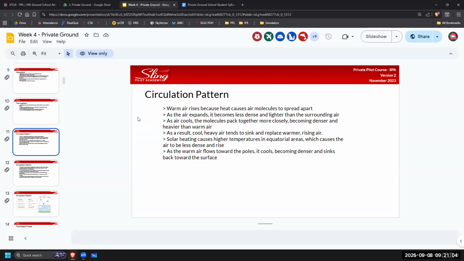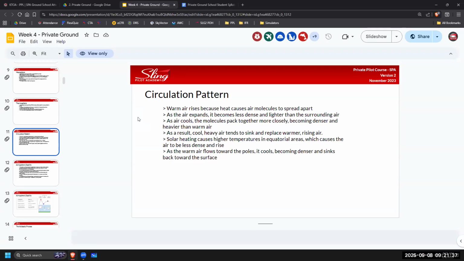So we know maybe from science class that when you heat a parcel of air, the molecules start to vibrate and move around. And as they start to vibrate, that's what's spreading them apart, okay? So once you heat the air, the molecules move around, and moving around causes them to spread out. Spreading farther apart means that parcel of air,